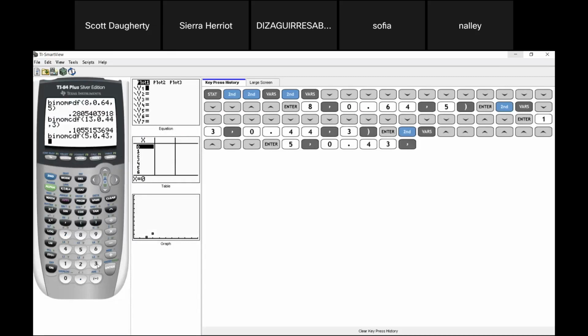So how are we going to do this? Because the calculator always starts at 0 and then goes up until the number you put in. Okay, so this is what we're going to do. We're going to plug in a 2. Now, why am I doing this? What's this going to give me? It's going to give me the probability of 0 plus the probability of 1 plus the probability of 2, and then it's going to stop at 2.